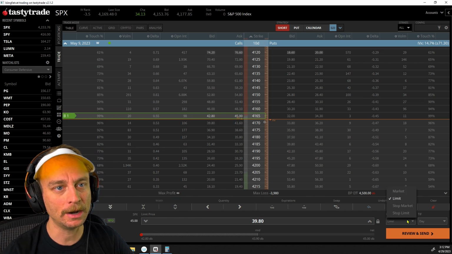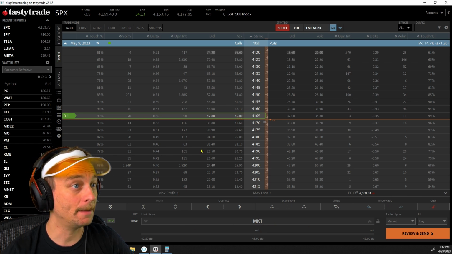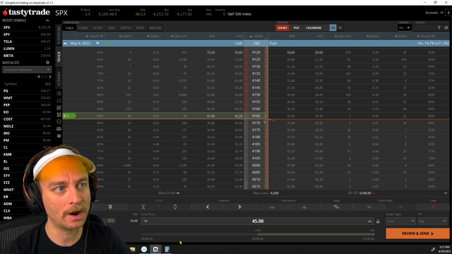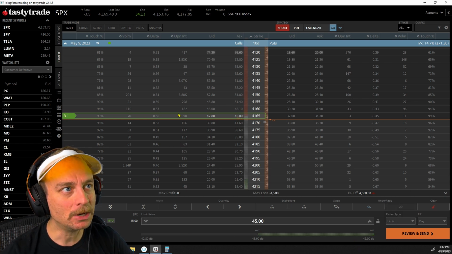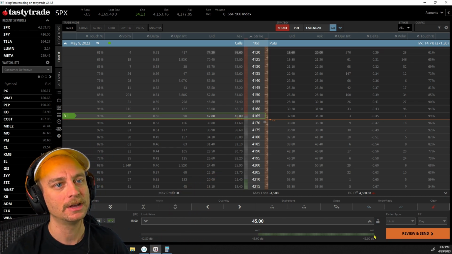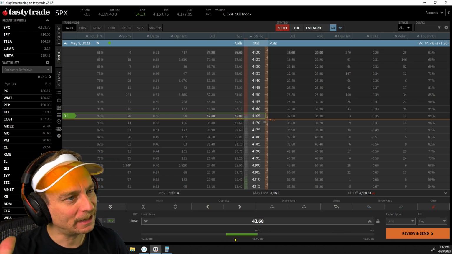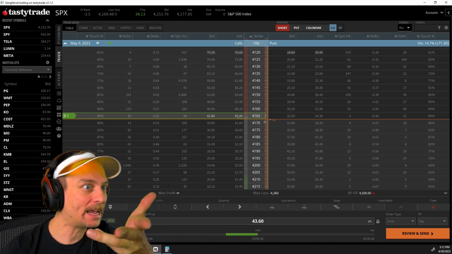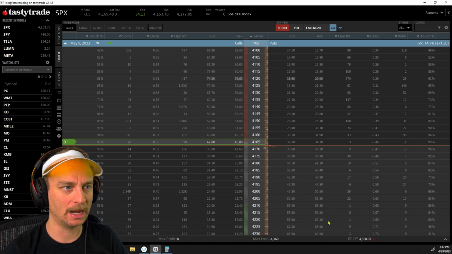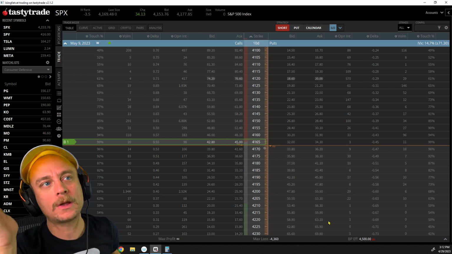down here. It says, what order type would you like to send? Market order. And then if I hit market order, it's going to hit that 45. Not a good idea because the spread is wide, or I could go limit. But if I submit this limit order, I've got to go in as a market order because it's going to hit that 45. And look, you've got to slide things around. That's what makes this not friendly for day trading quickly, because then I have to review and submit the order, and I have to check all these boxes, and it's just not a quick way of trading.